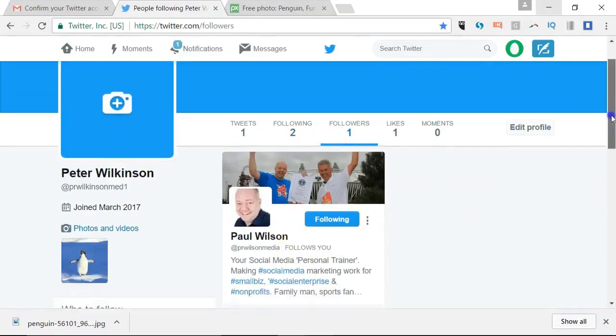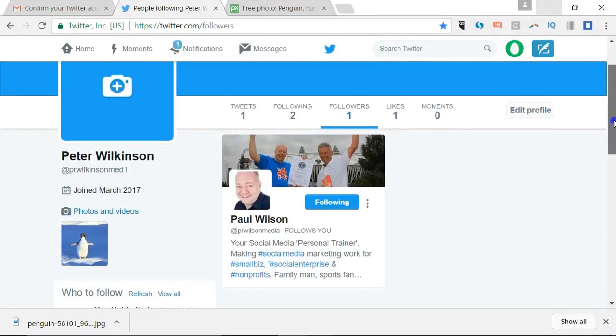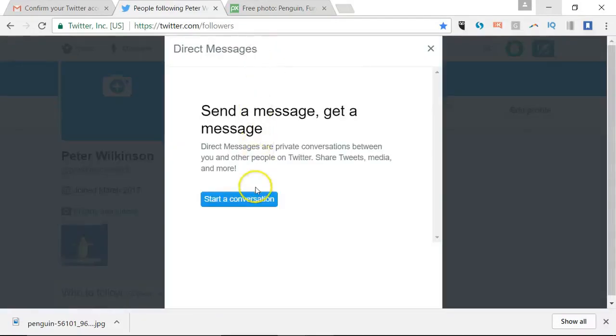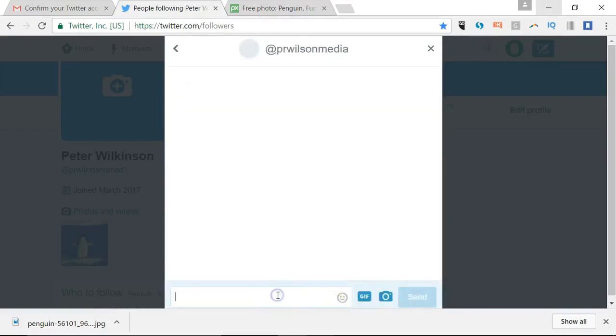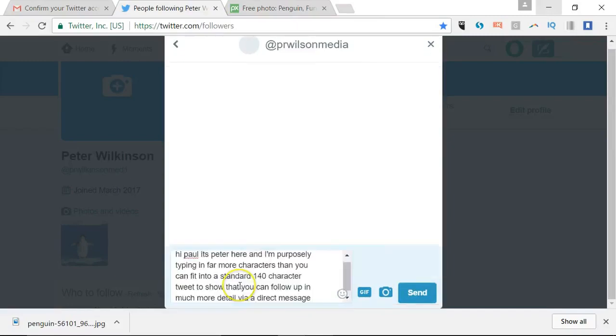That's the difference. So what happens at this point is now there's an ability to send what's called a direct message. So instead of just the tweets that go publicly being seen in the news feed, here under messages, anyone who you follow and they follow you back, you can send a private message. You can click here under messages. I'll say start a conversation. I'll type in prwilsonmedia, which will be the only option I've got. I'll click next and I'll say hi Paul, and you can see I've deliberately filled out a really long message,